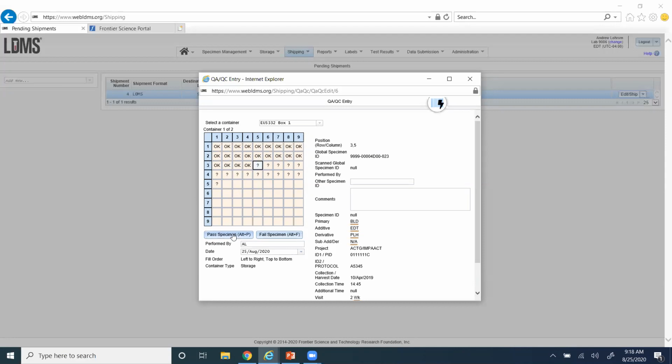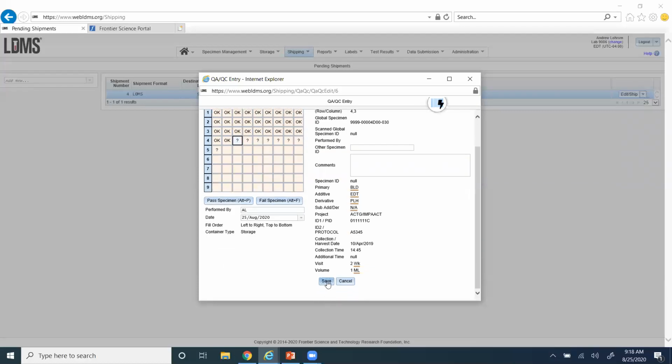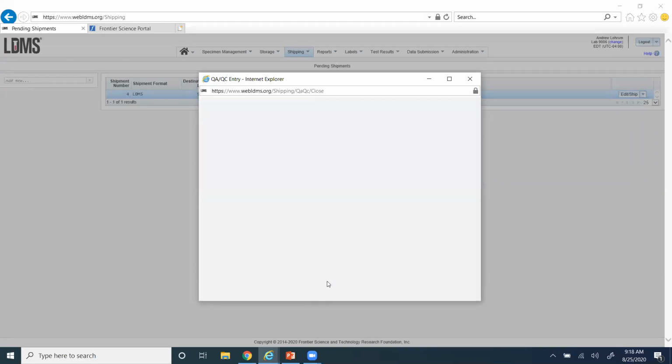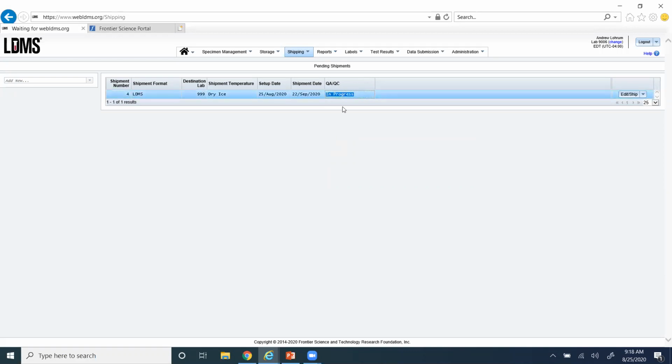Now, this process does take a while as you are manually verifying each one of the specimens against the screen. But you don't want to take any shortcuts. If you need to take a break, which you will, as I said, you are verifying each one of these cryovials. What you can do at the bottom of our menu, if you click Save, the LDMS will save your work. You can return the box to the freezer, take your lunch break, maybe you're signing out for the day. It will say in progress here on our screen, and then you return to the QA/QC menu,